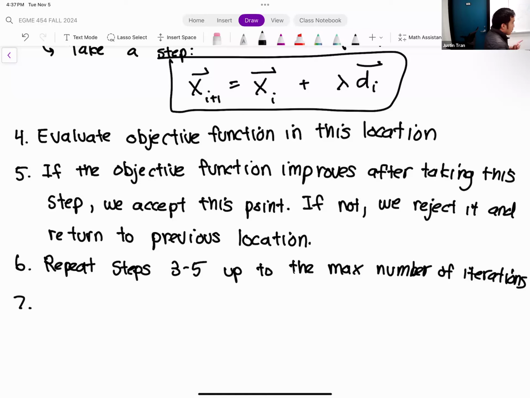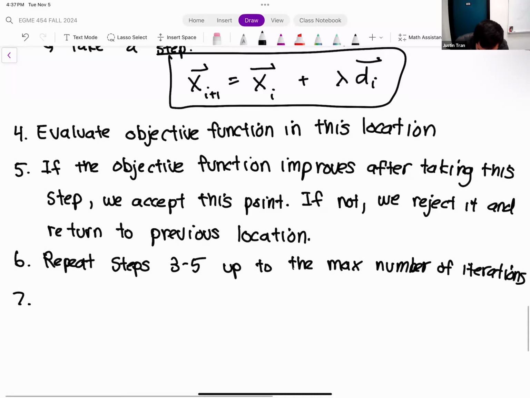So step 7 here, the idea is that once you've taken a few random steps, and honestly, the majority of the steps you take are probably going to be rejected, because there's usually only one path that leads to the optimum. But at this point, you've probably taken at least 5 or 6 steps to improve the objective function. So you're getting warmer, right? You may not be there exactly yet, but you're getting closer. And as you're getting closer, you want to be a little bit more careful with your steps. So you want to reduce your step size so that you can fine tune your optimum. So step 7 here is to reduce the step size.